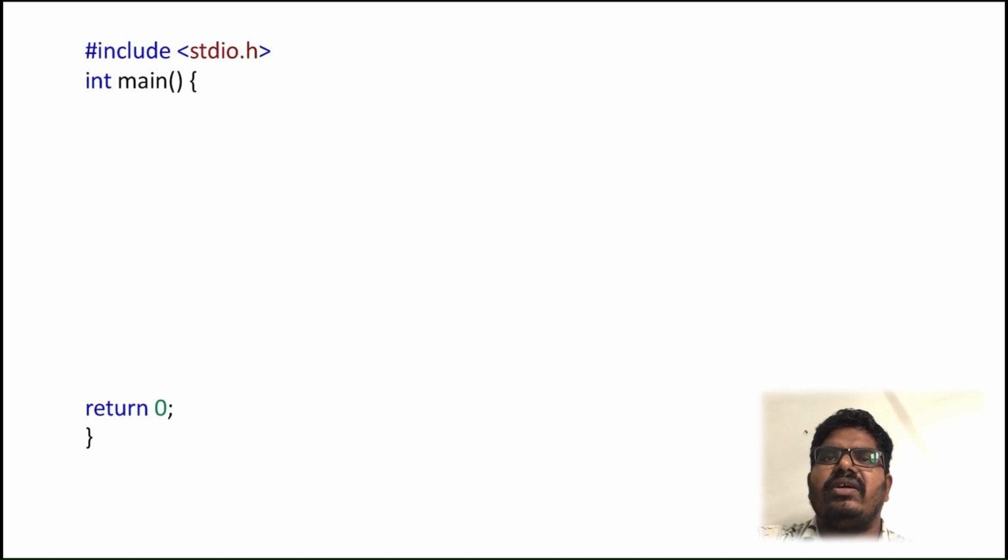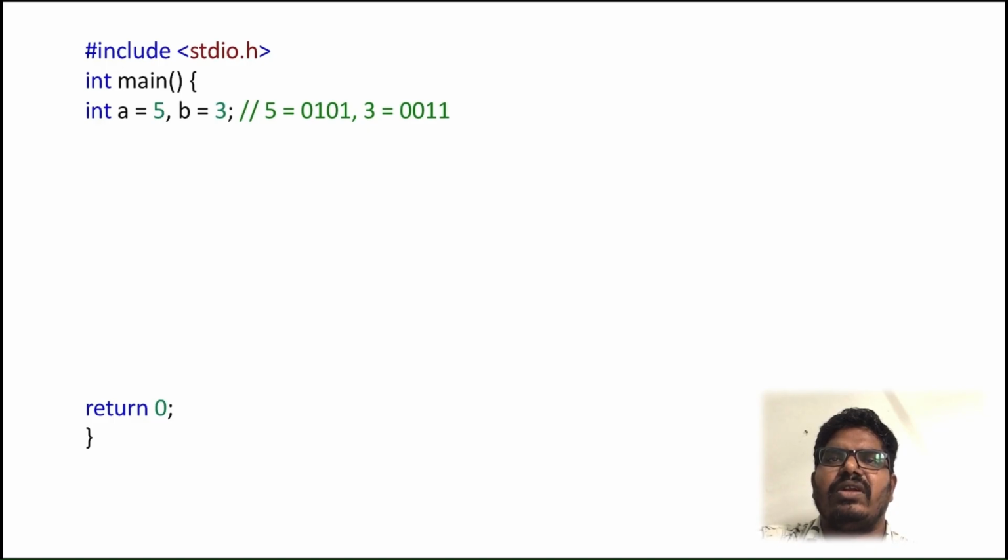Let's see example code for this. So again, your main program starts with main and ends with a closing brace and return 0. Let me declare two variables, int a equal to 5 and b equal to 3. Here, as I already mentioned, whenever there is a statement